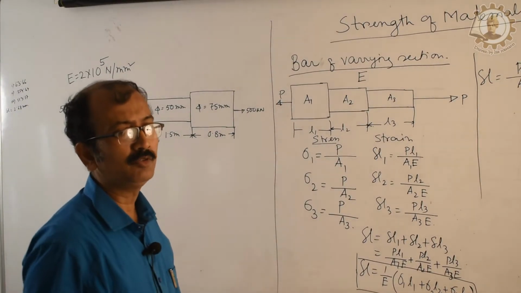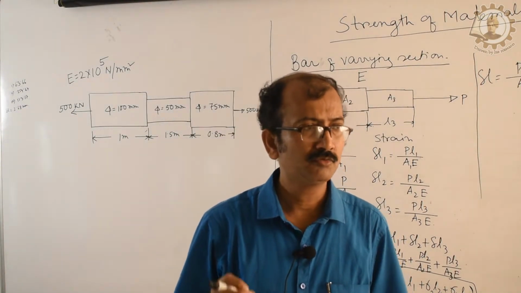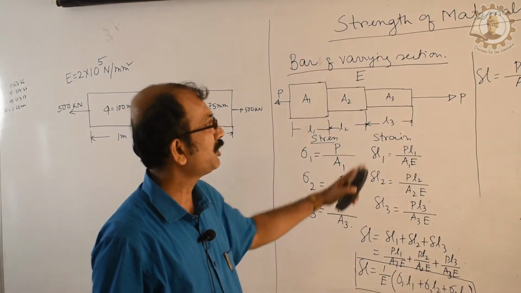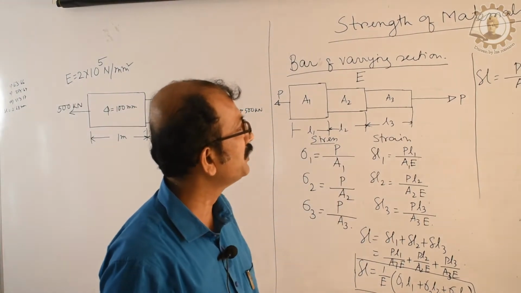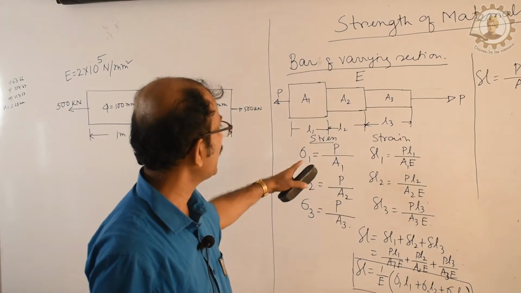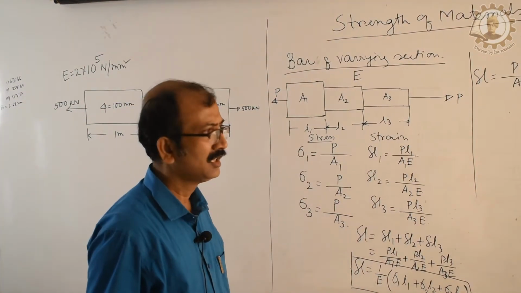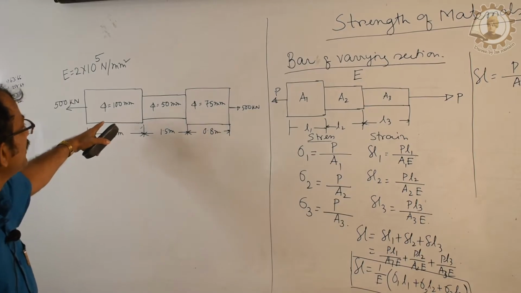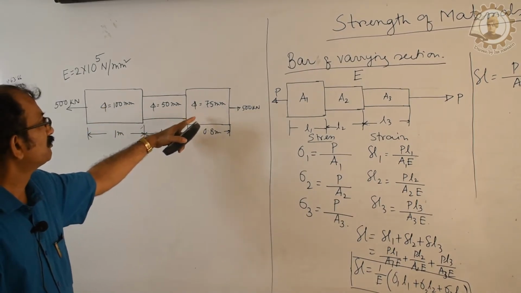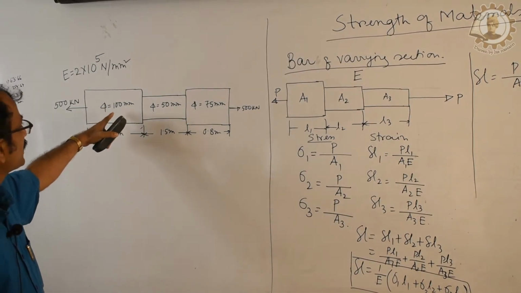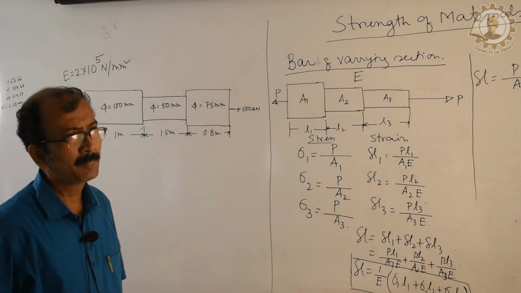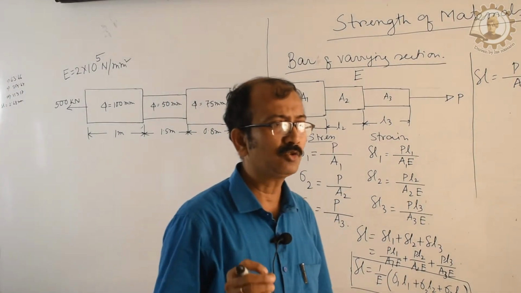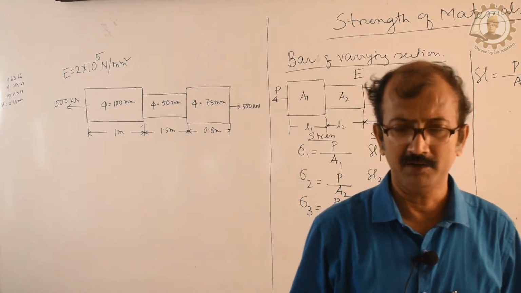Now what we have to calculate? We have to calculate with the help of a very simple formula, del L equals PL by AE and sigma equals P by A, the stress developed in the three parts, first part, second part and third part, and the total elongation of the bar. Solve this